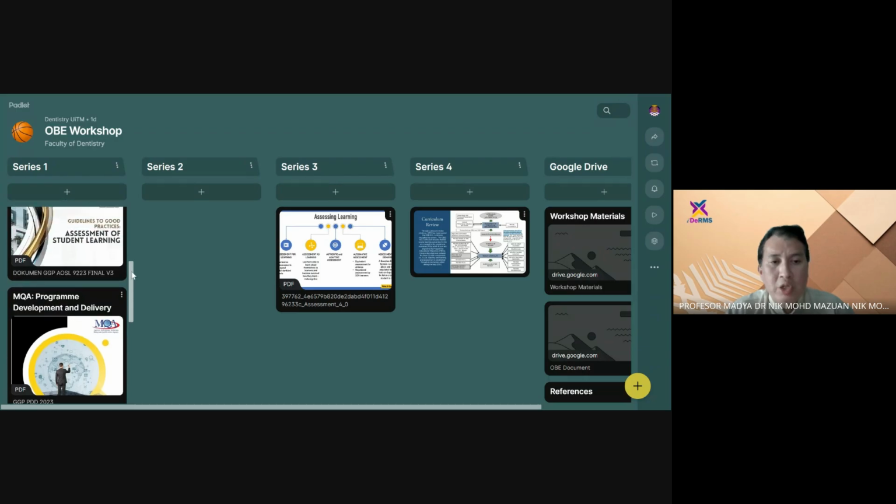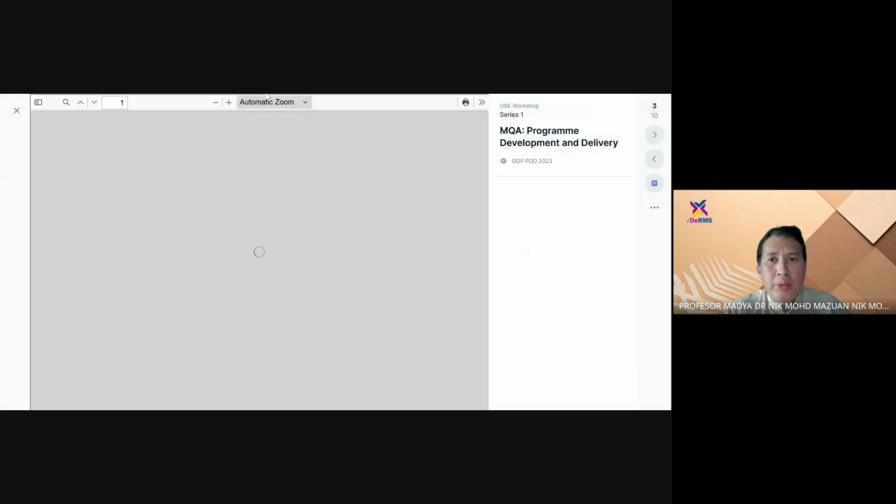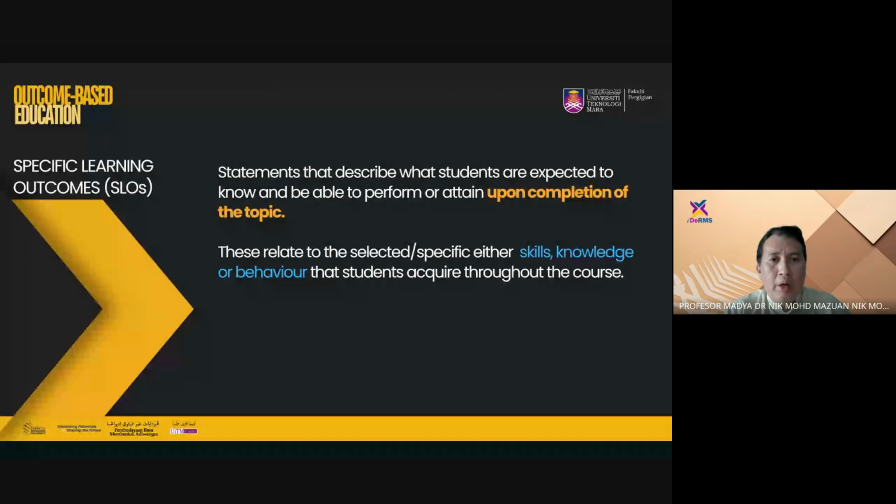If you look at this, you probably understand why I do this, why I calculate as such. For SLT, they have a guide, they have a guide for everything. But bear in mind that some of these guides are governed by our governing body, the Malaysian Dental Council. Sometimes they have their own rules or regulations about certain things, so we need to read these guidelines together. Okay, let me go back to the OBE. So that is specific learning outcome.